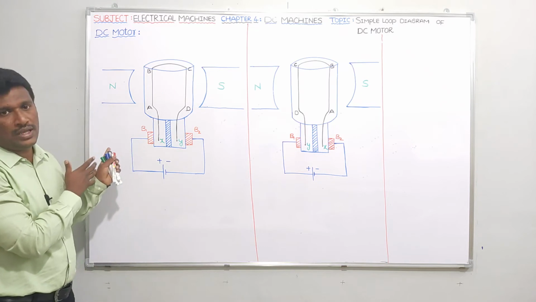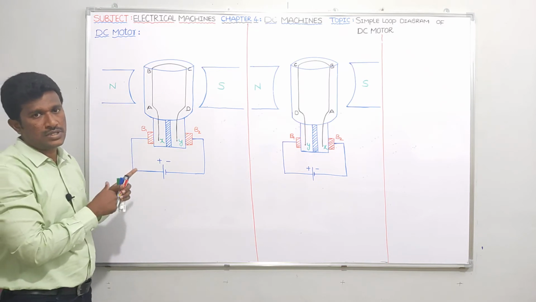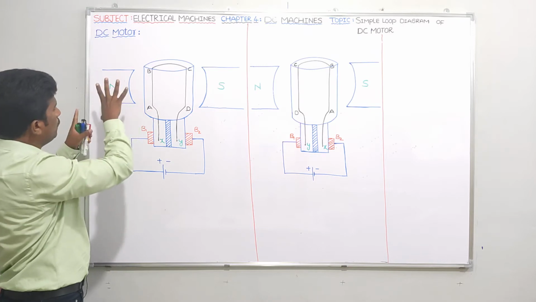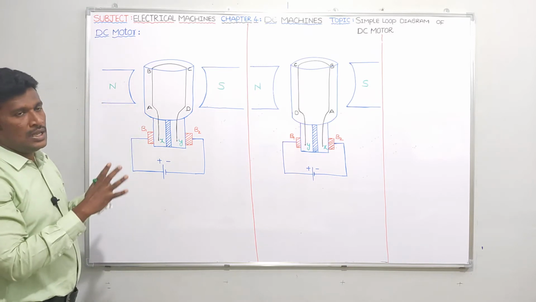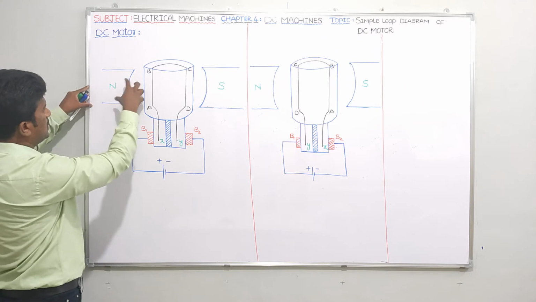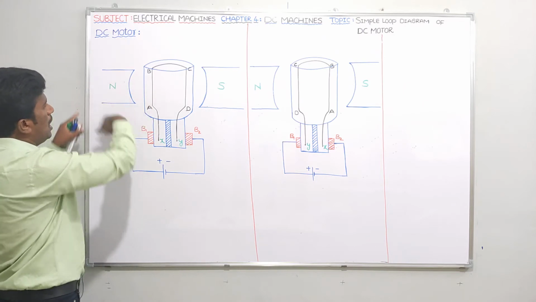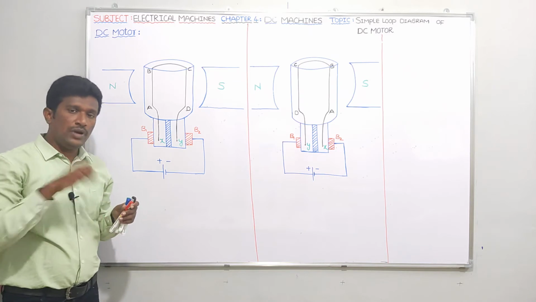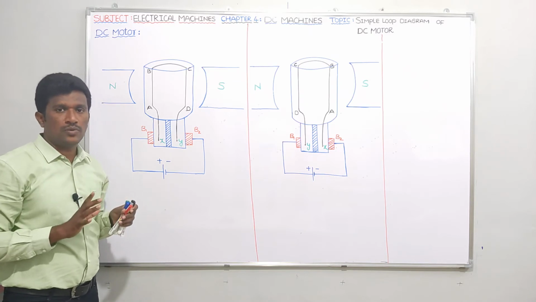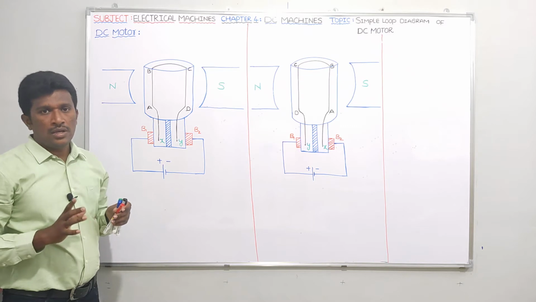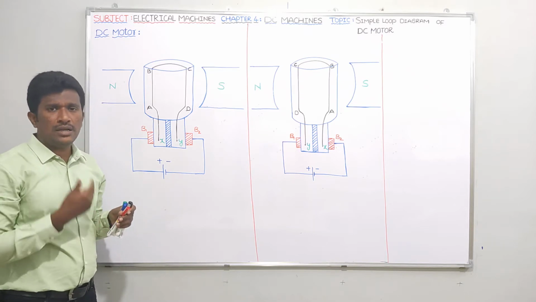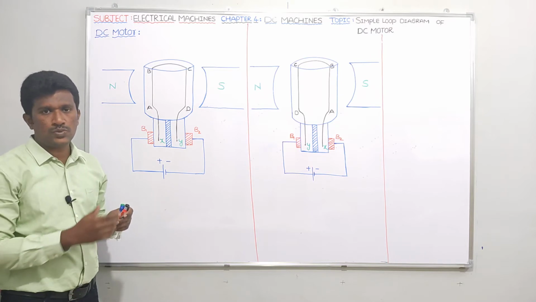I am not showing the field winding in this figure, just like in the previous video also. I am not showing you the field winding which is placed on the stator here. Let us assume that field poles are there. The field poles are attached to the stator. On these field poles, we have field winding. To the field winding, I have given DC supply. Giving DC supply to the field winding and creating a magnetic field is called excitation. That means excitation was created.